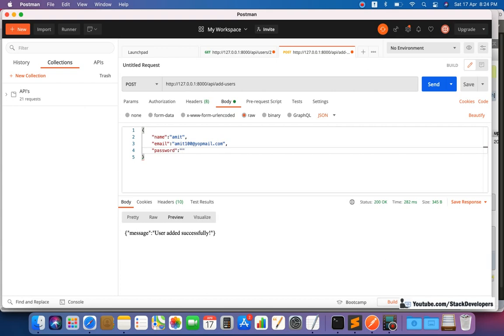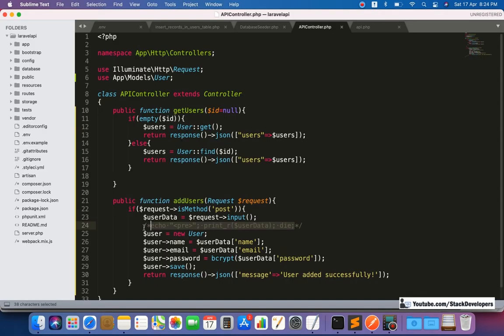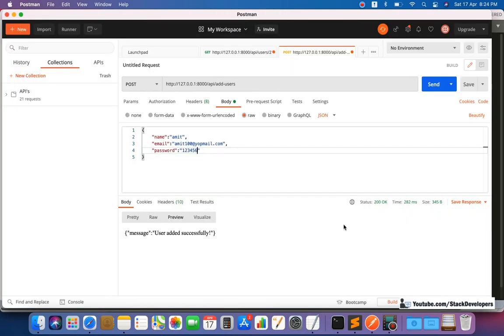This is the JSON data, 1 2 3 4 5 6. First of all, I'm going to check whether the data is coming fine. So always debug your code like this. If the data is coming as JSON data, then you need to do it like this. Sometimes you are required to post the JSON data like this.